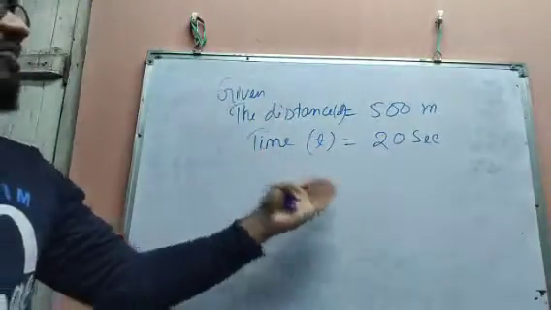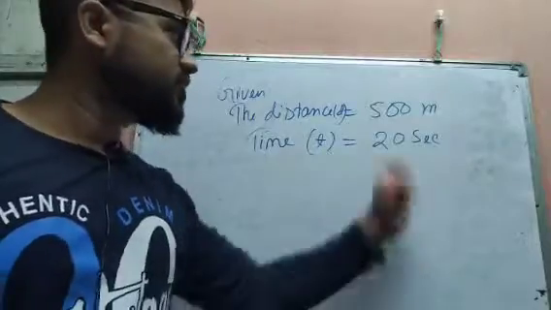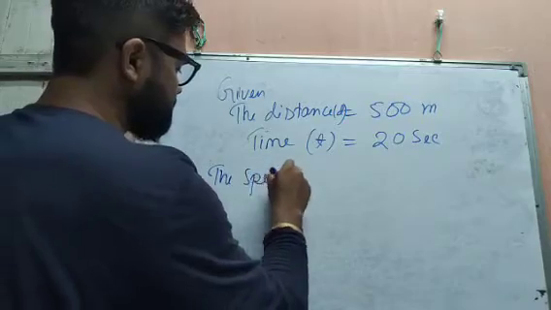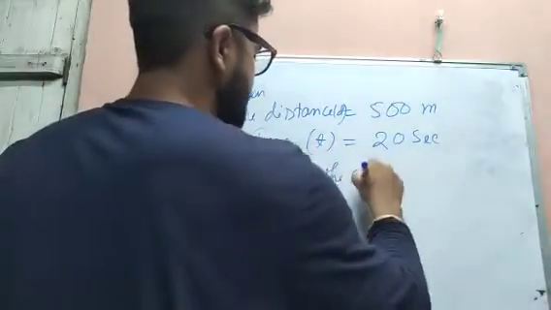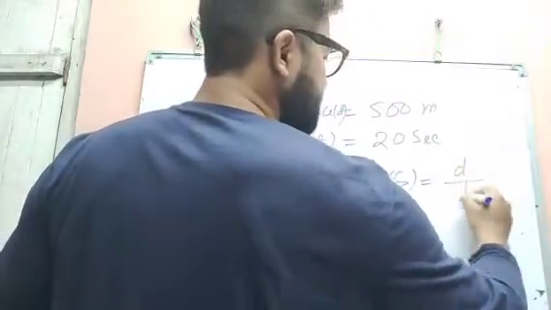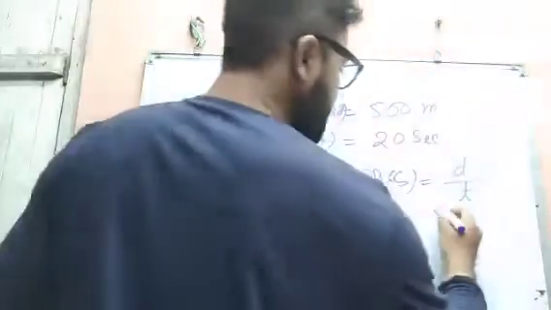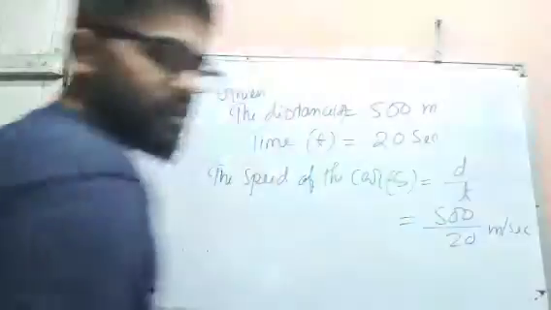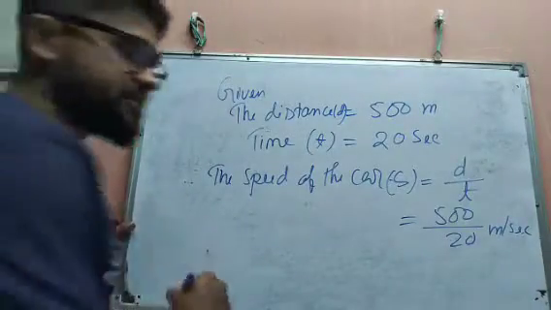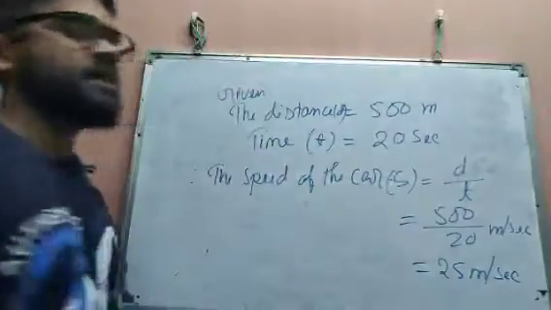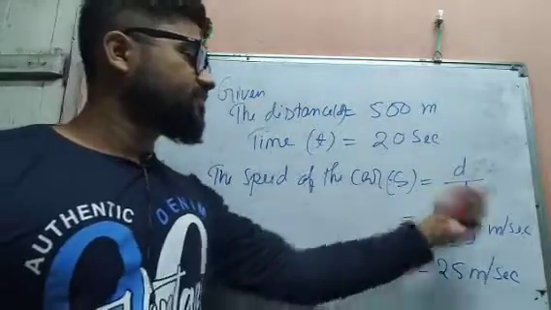Okay, so we are asked to find the speed of the car. Clearly this time also the unit is meter per second, that means the speed unit will be what? Meter per second, and the units are matching now, so no need to convert any unit. Simply, therefore, the speed of the car S equals d by t, or you can get 500 divided by 20 meter per second. Okay, and the answer will be what? The answer will be 25 meter per second. This is as simple as the earlier one. Simply we have to remember the formula.